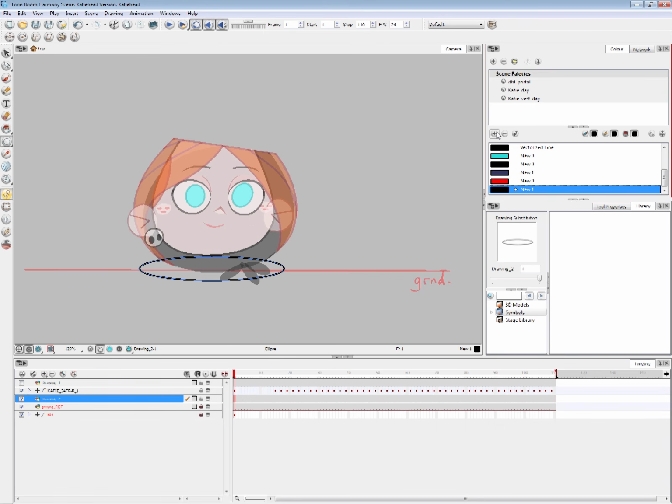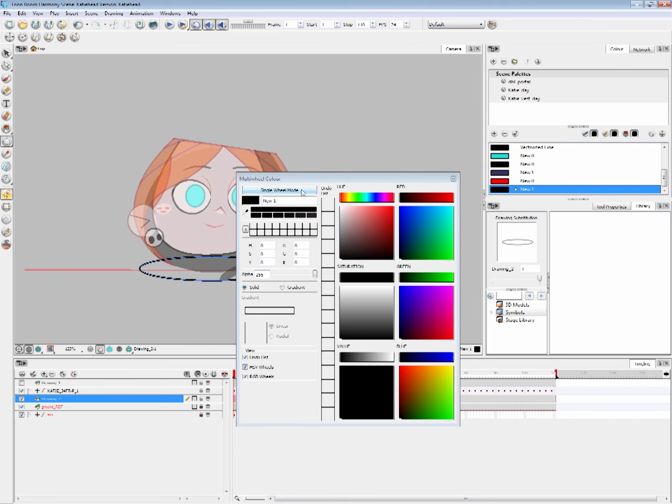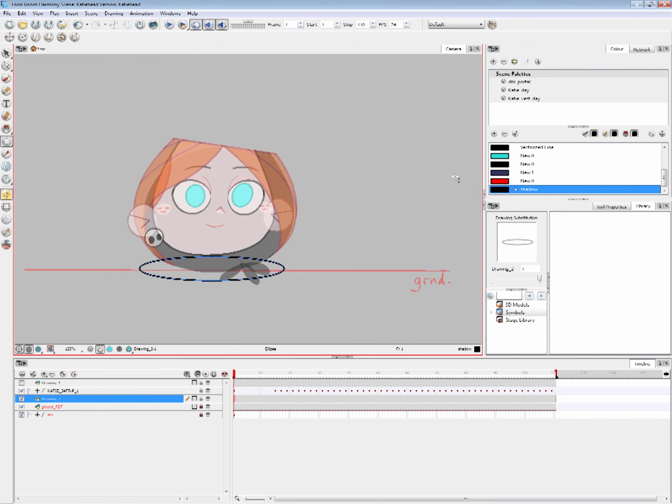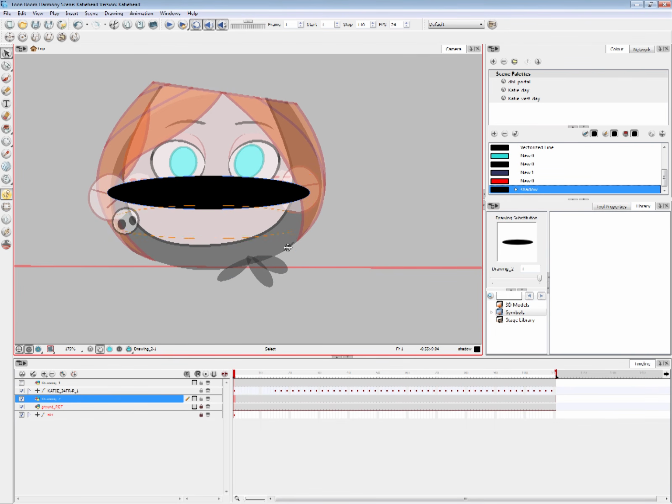Down here there's a plus sign, which is add color. I'm going to double click it, go into the color picker, go into multi-wheel mode, and we'll call that shadow. We'll keep it black for now. Then hold I, and then I fill it. I want to get rid of that original ellipse, so can I do that? Yeah, I should be able to. Not that one. The other one. That one. So we'll have one clean shape.